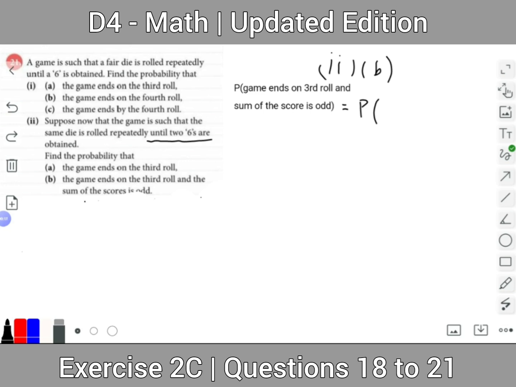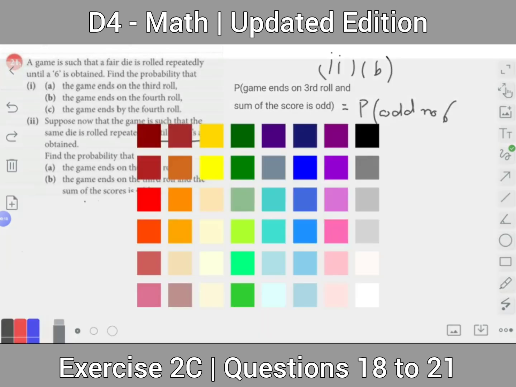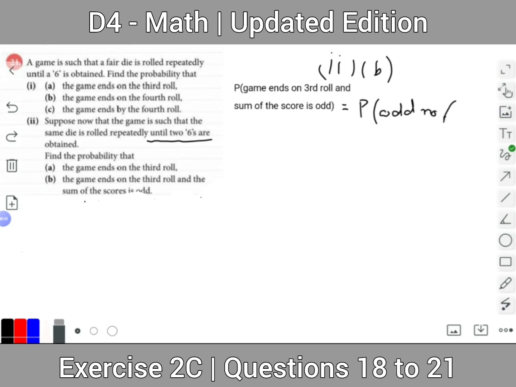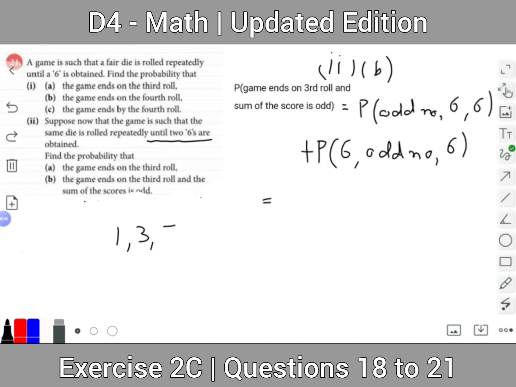The first possibility is odd number, then two sixes, and since we have the condition that the game ends on the third roll, plus probability of 6, then odd number, then 6. Now since on the face of a die three odd numbers appear, 1, 3, 5, so